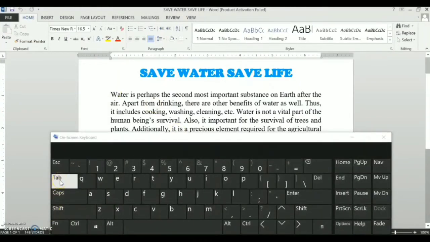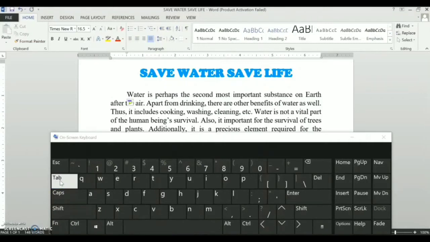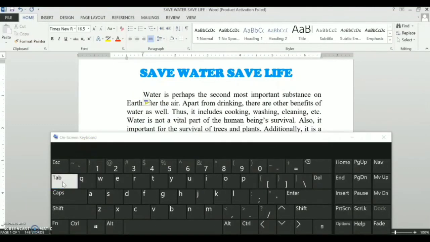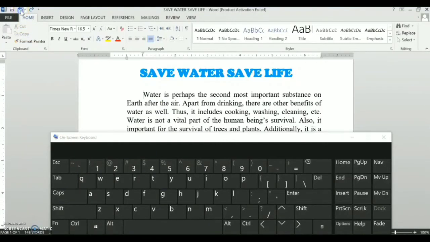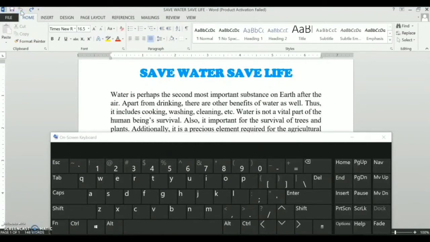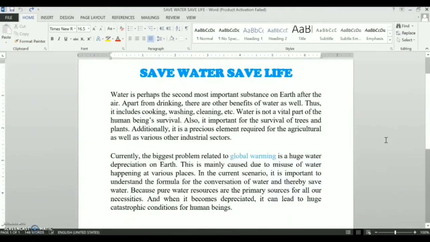See, first place your cursor at the beginning of the paragraph. Now press the tab key. Can you see the changes? Your cursor is jumping. Okay? Now can you see some amount of space before your text? This is nothing but the indent. This is one method. Now we will see another method. Okay? So let's start.